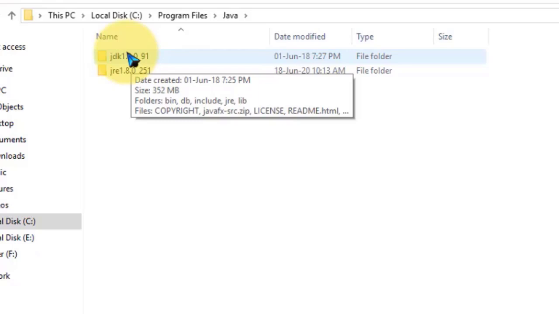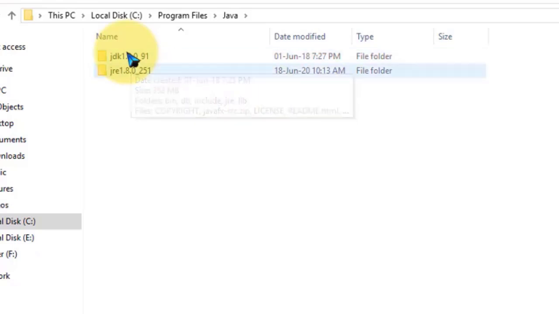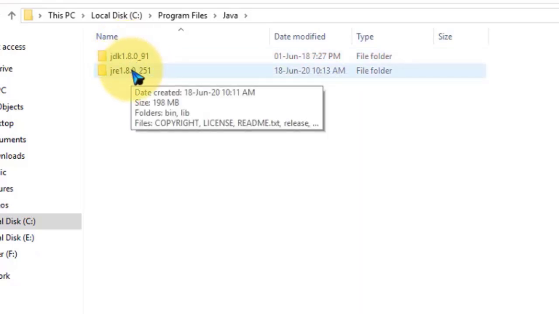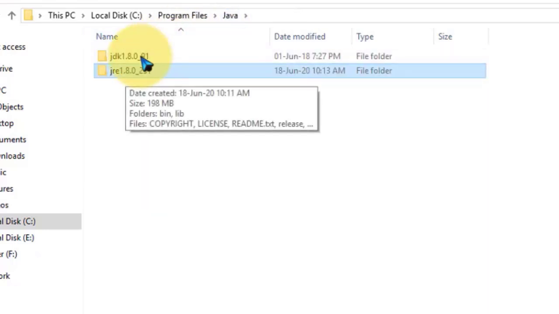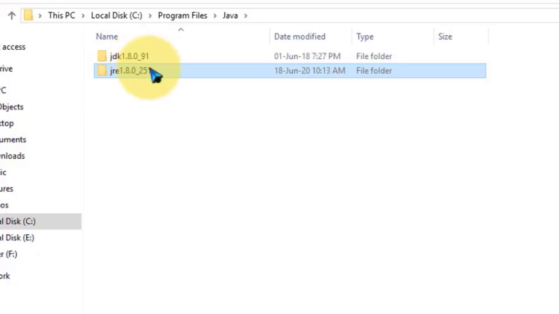And now what is the latest version? Java 14, right? And now here I have a JRE folder. This is a runtime environment available outside the JDK. This is known as the public JRE. This JRE is available for applications which are not developed by you, which are directly installed on your system. Suppose I install any application designed and developed in Java on this computer. For that we need a runtime environment, and this JRE will work.